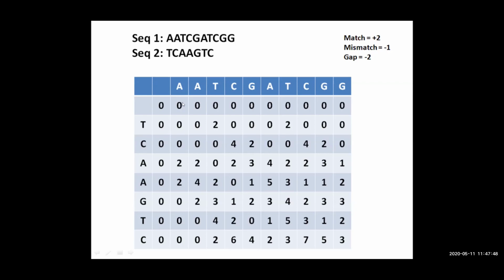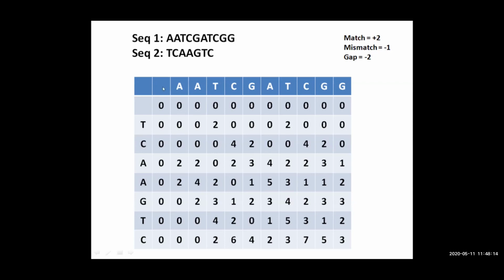As you see, let us calculate for one or two. Suppose this cell, how it has become 0. So the value for this cell can come from this, but here there is no value. So it will be simply -1. So it will be 0. Then here it is 0. The value here will be 0 -2. It will be 0. Sorry, not -1, -2. So -3 is replaced by 0.